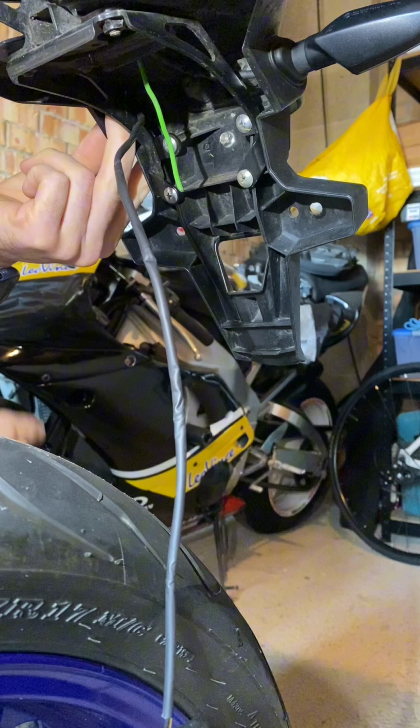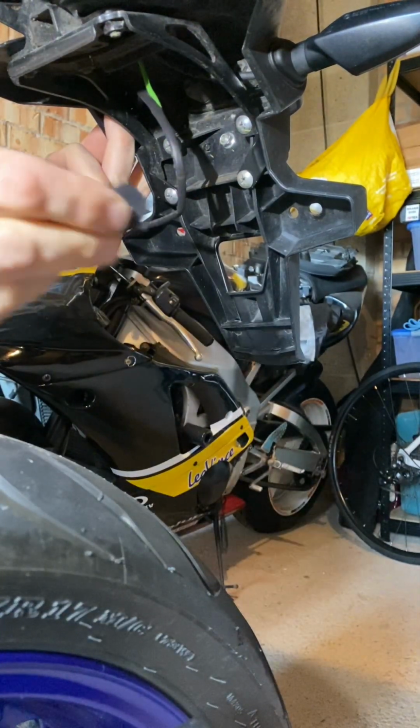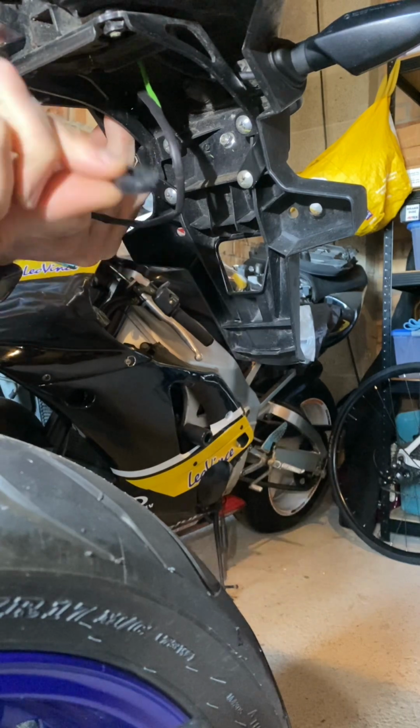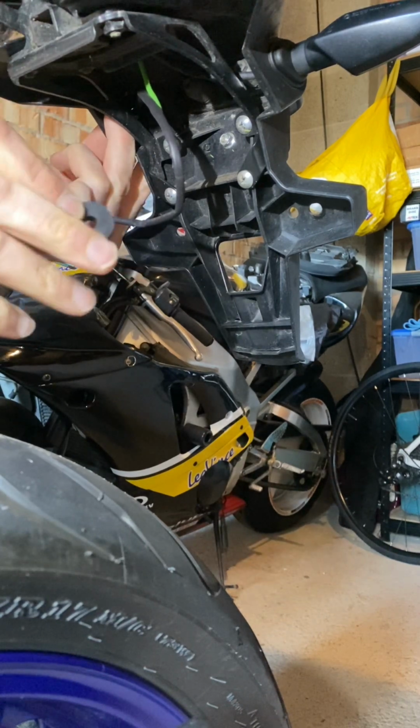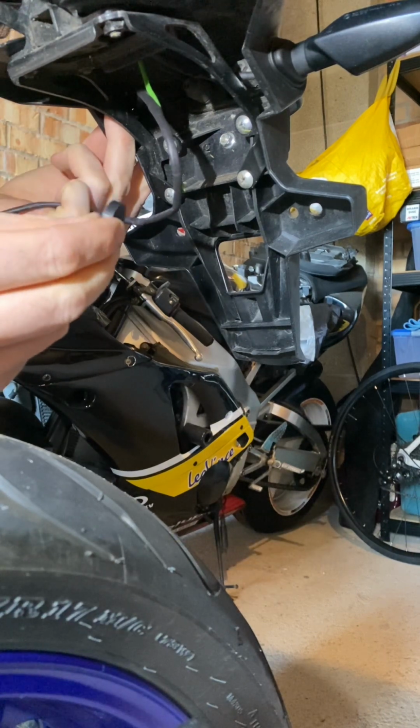Okay, so I've got that where it needs to be, and what I did with the front, I'm going to use a 4mm standoff washer. At the end, I will give a list of the parts that I used just to make